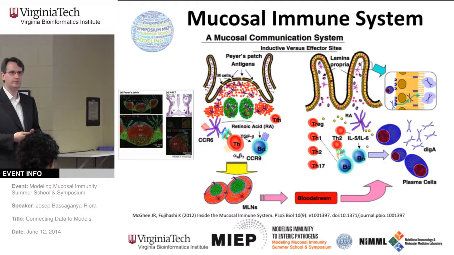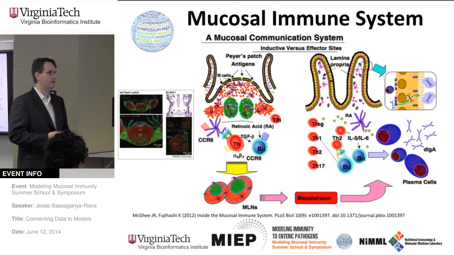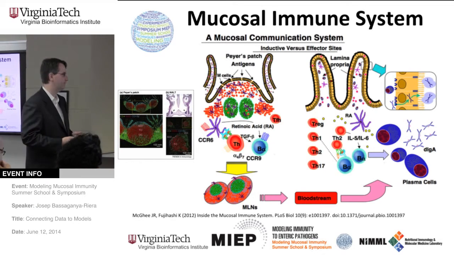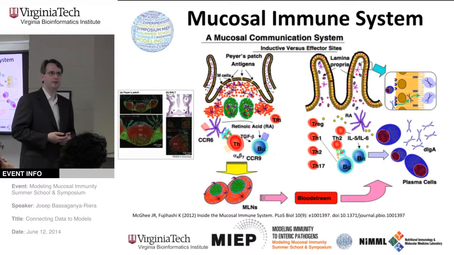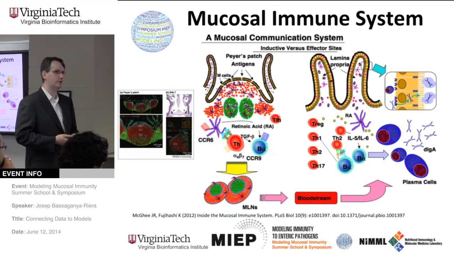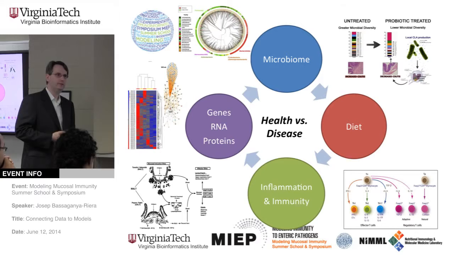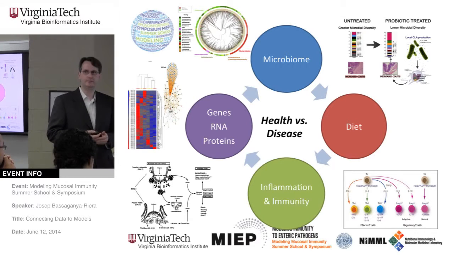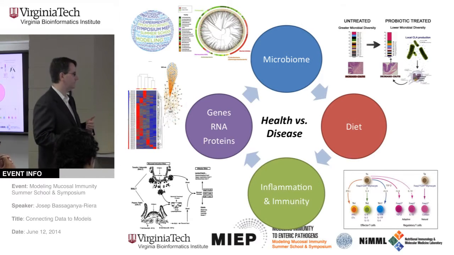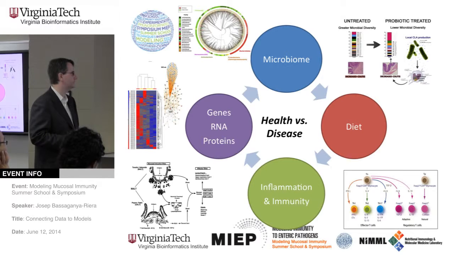Of course, if we include the microbiota, where we have trillions of bacteria at the more distal stages of the mucosal immune system, it becomes an extremely complex system, where reductionist approaches can get only that far in comprehending function and comprehending phenotype. And so our laboratory has been working at the interface of genes, microbiome, diet, inflammation, and immunity over the last 12, 15 years.